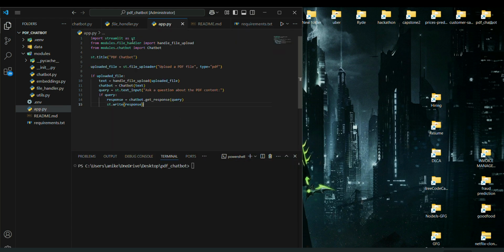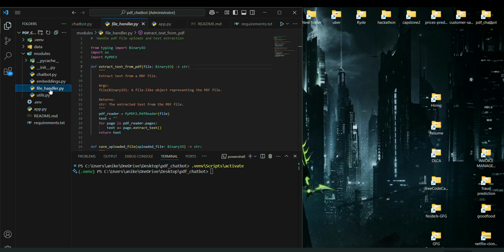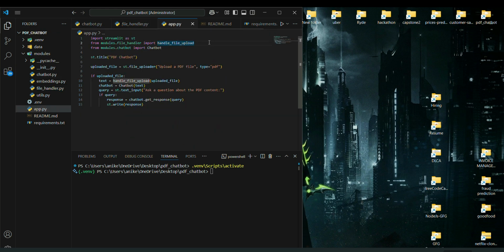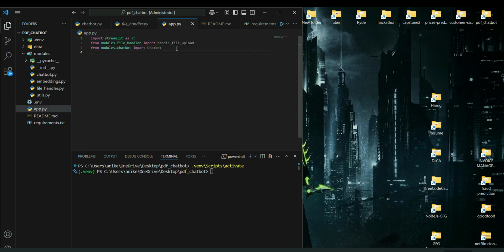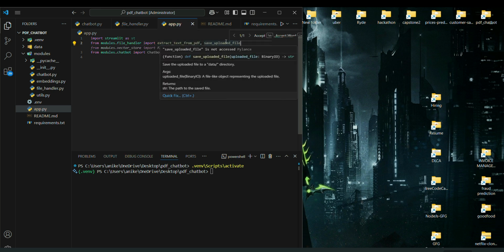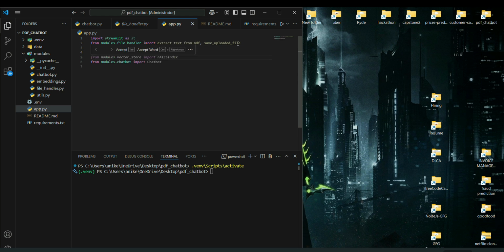टर्मिनल, ऐसा क्यों हुआ, streamlit st line, तो फाइल हैंडलर अपलोड ही नहीं हो रहा, तो काम करते हैं, सबसे पहले स्क्रिप्ट्स को एक्टिवेट करते हैं। अच्छा फाइल हैंडलर में चेंज कर दिया था हमने, तो ठीक है, अगर फाइल हैंडलर में पहले इनपुट इसको हटा देते हैं, एक्सट्रैक्ट टेक्स्ट और एक्सट्रैक्ट और सेव अपलोड फाइल, अगर हम और कौन सी मॉड्यूल थी, from module store, only vector stored नहीं है तो embeddings import